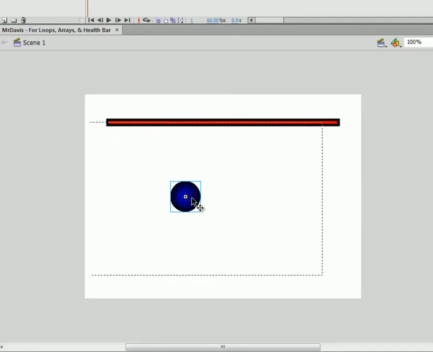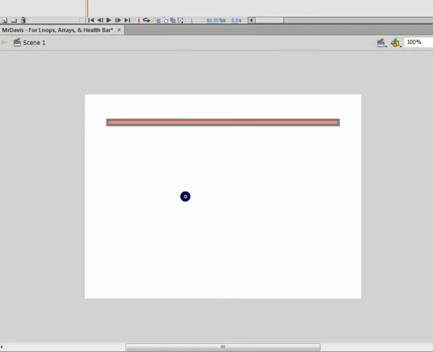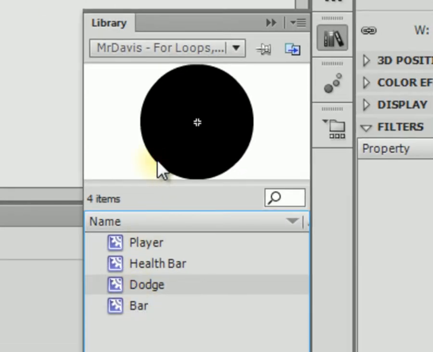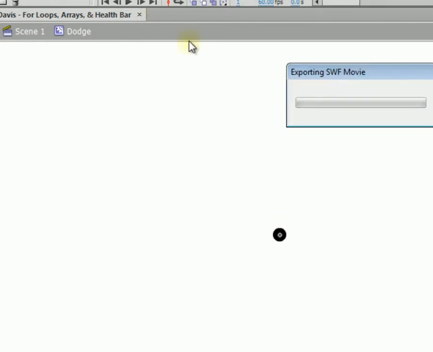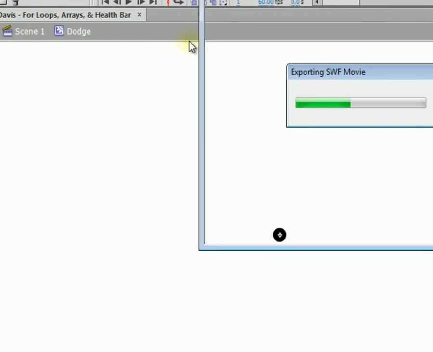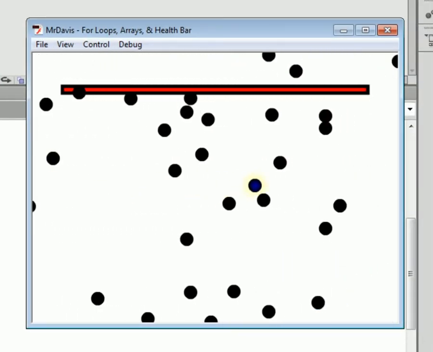So I'm going to go inside of our player movie clip and just shrink this down so that there's actually enough space for our player to move. So I shrunk that down. Let's shrink our dodge down as well. So in the library, double click, find dodge, and let's just shrink that down. I'm using the free transform tool. Okay, so save. You can play around with this number, maybe add it up to a lot more than just 30. But as you can see,